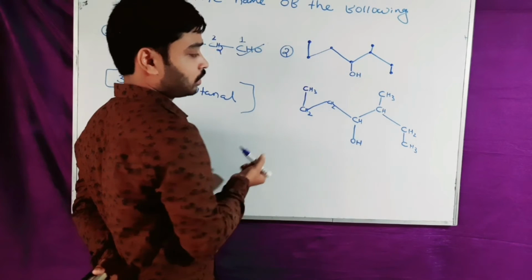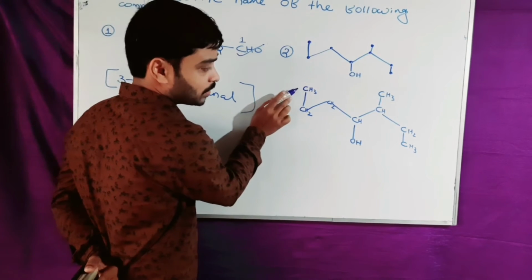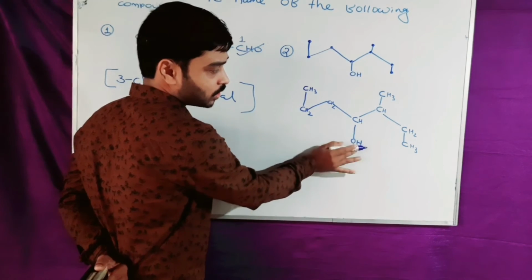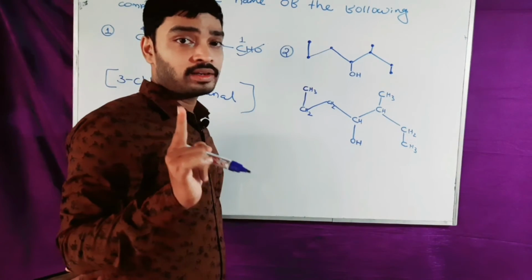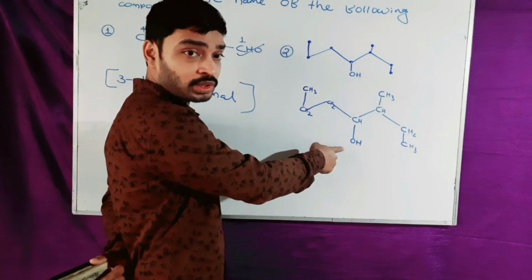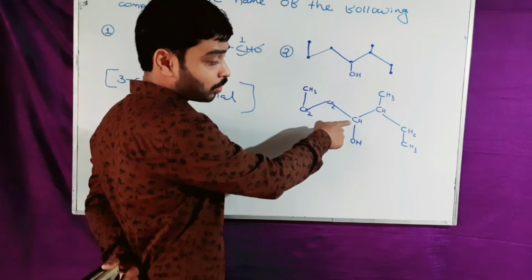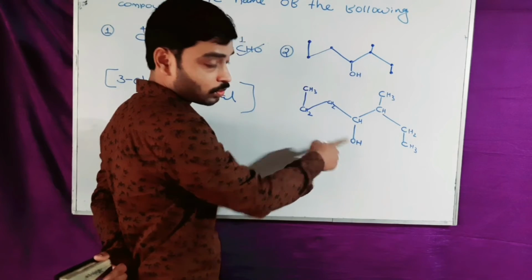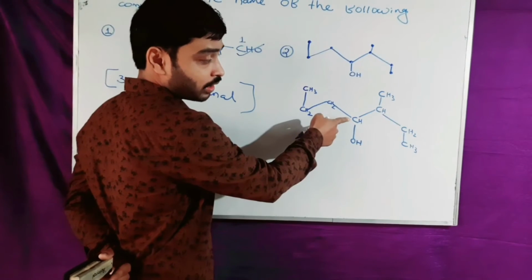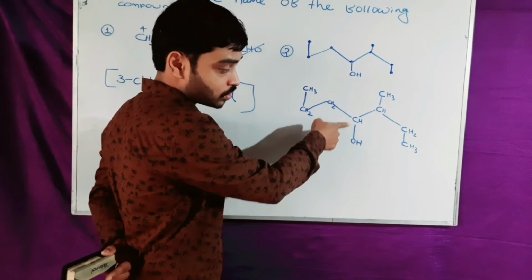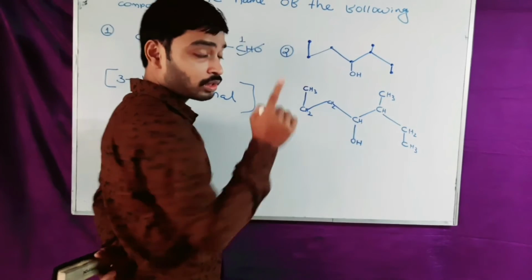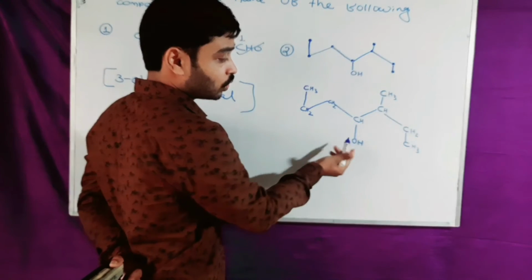But the position, mark that if you number from this side 1, 2, 3, 4, the 4 position will be occupied by the functional group. Because the functional group does not carry a carbon atom, we should try to give the minimum number to the carbon which contains the functional group. What I have told: we always try to give the minimum number to the carbon which contains the functional group containing no carbon atom, but with that we always try to give